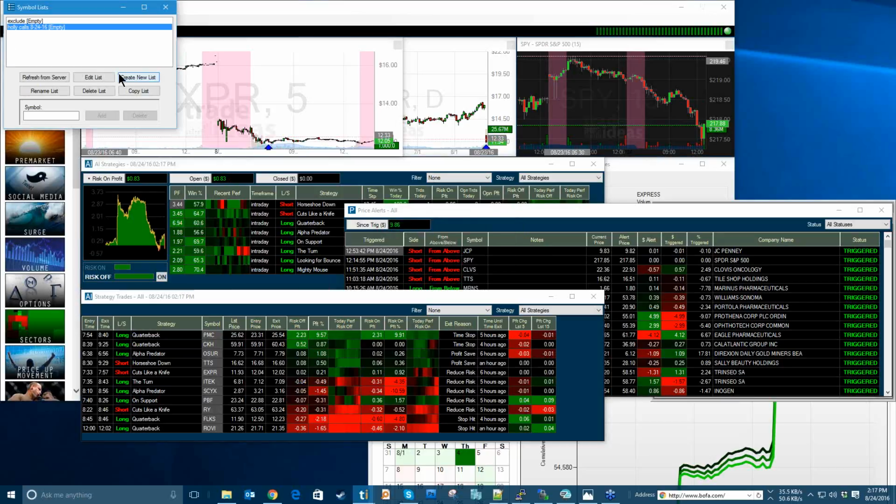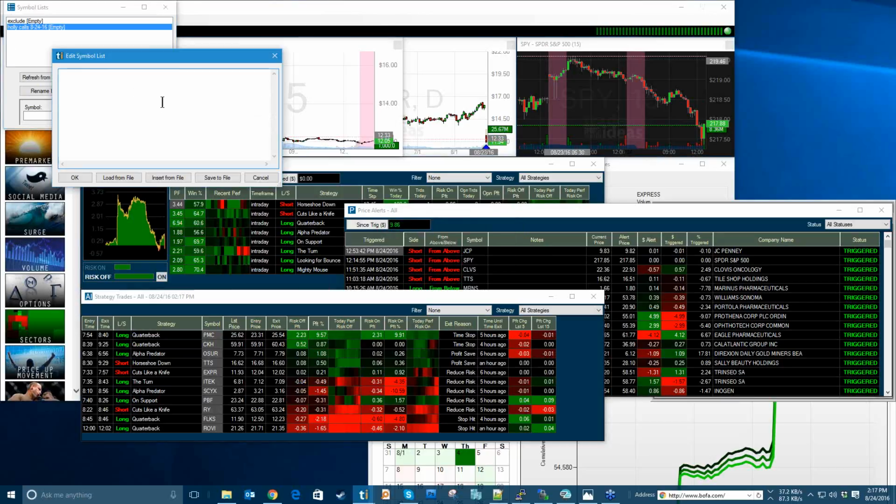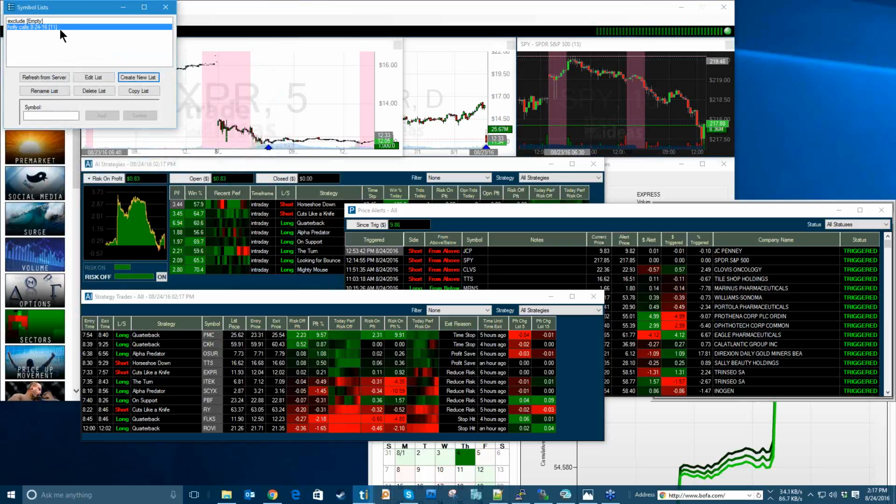Now I'm going to go into that symbol list. Right now there's nothing in it. I'm going to edit it, do a quick paste, and hit OK. Now there are 11 symbols in that particular list. Now tomorrow, these symbols aren't going to be in Holly, but what I can do is close this down,